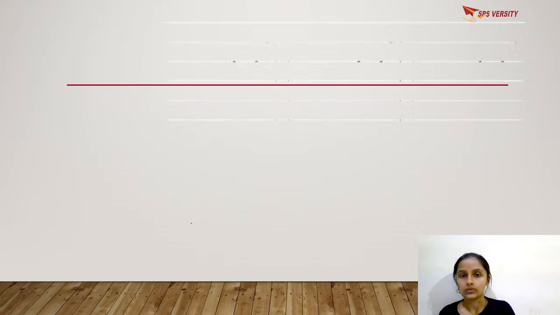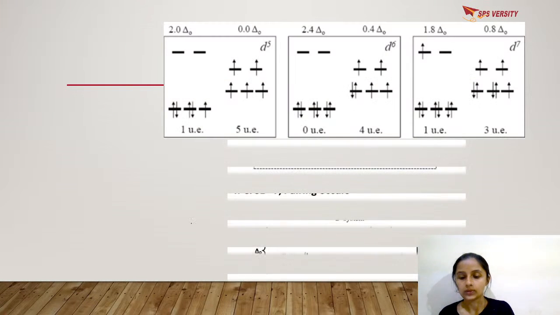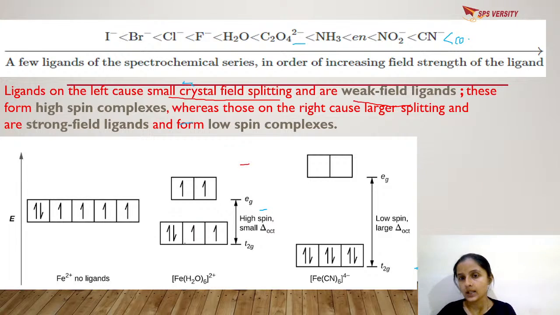Okay, let me go to the previous slide. Here, if you have the T2G set and EG set, and you have a D1 configuration, the first electron goes here. If you have a D2 configuration, the electron is going to go over here. If you have the third one,